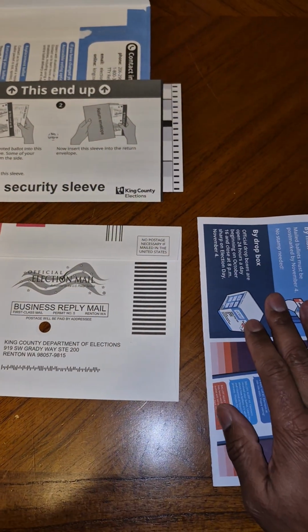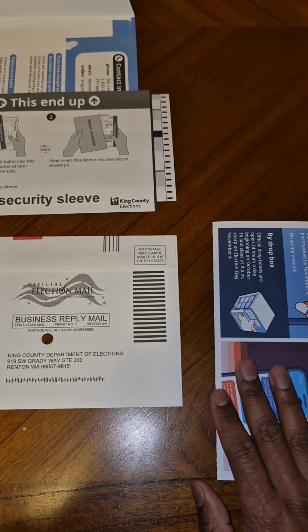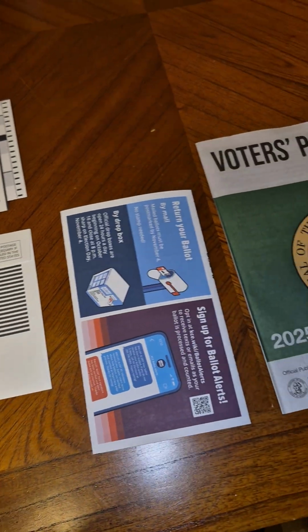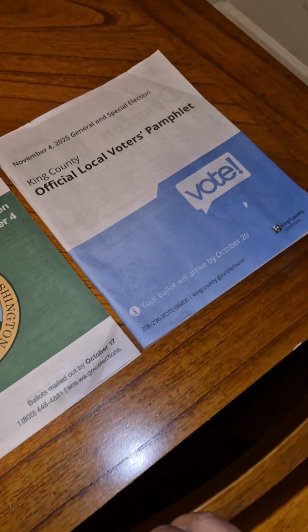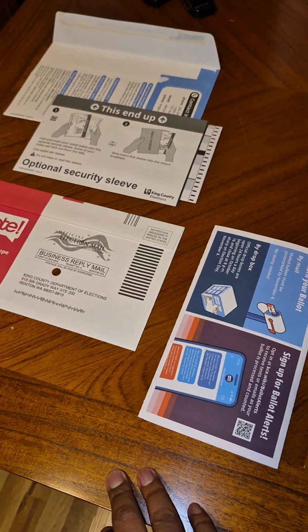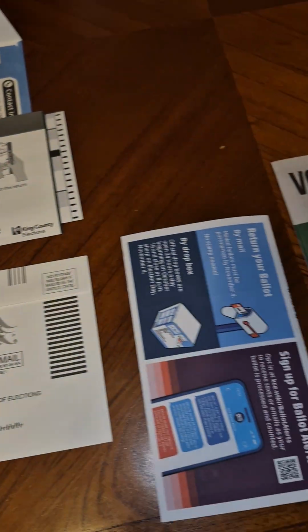Some people have died for that. Some people have sacrificed so that we can have that right to do so. And again, if you are okay with what you see going on in America, then sit it out. But if you want to make a change, you want your voice to be heard. And one of the easiest ways to do that is to